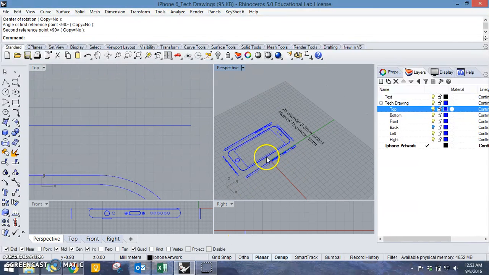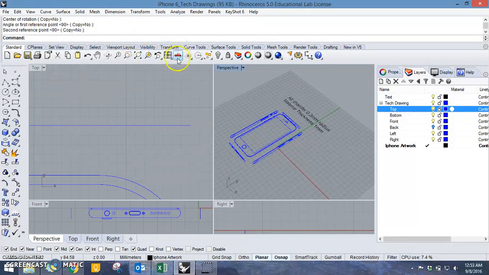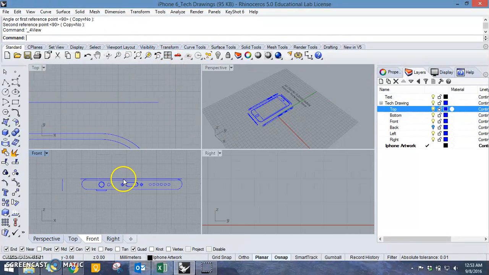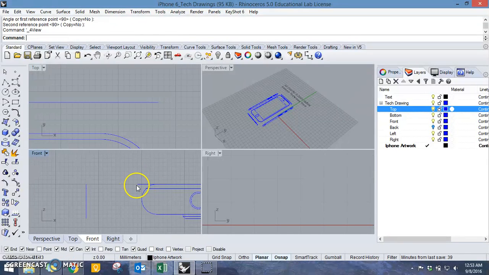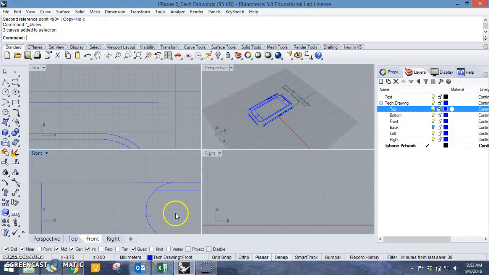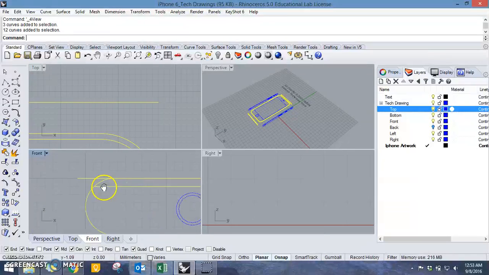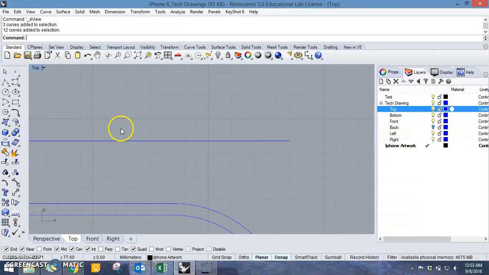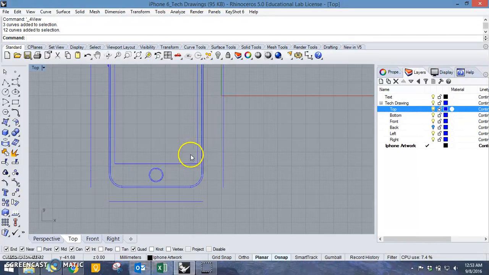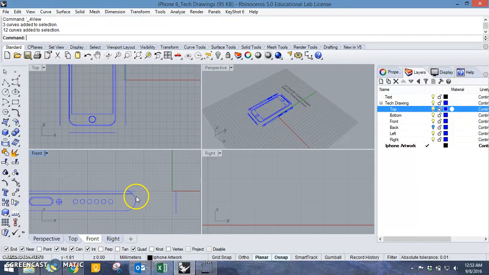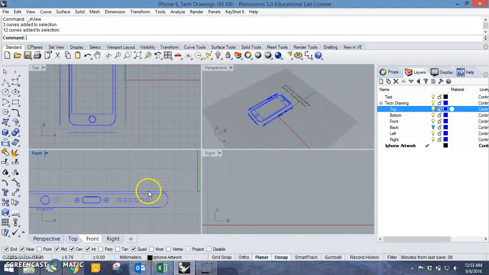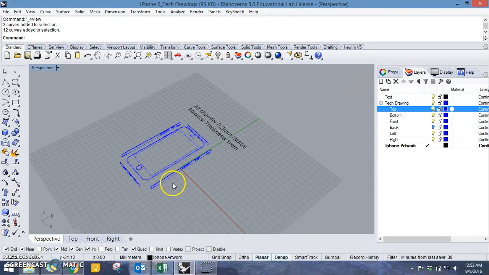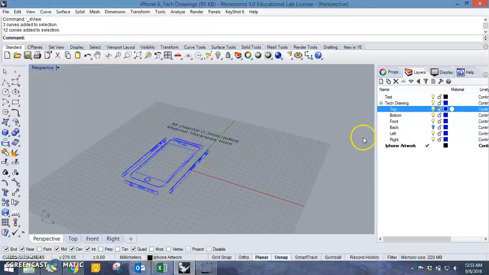Make sure everything is aligned from your viewport. Everything here is aligned. You do not want to mix up this part. Once you rotate every single thing,